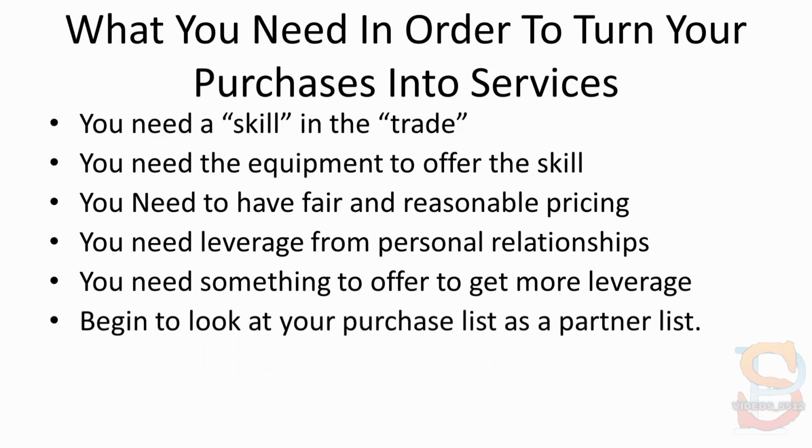And here's something that is kind of key that's related to everything that has been said. Start looking at the things that you purchase as a partner list. So when you start looking at some of the things that you've bought, you want to start looking at these people as potential partners. If you thought well enough that the product is something that you want, well, more than likely there are going to be other people who have bought it also. And then if you can actually do something with that product and you can actually help people, this is going to be someone that you want to partner with.